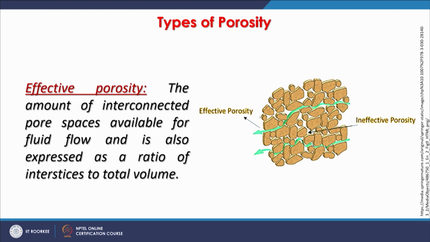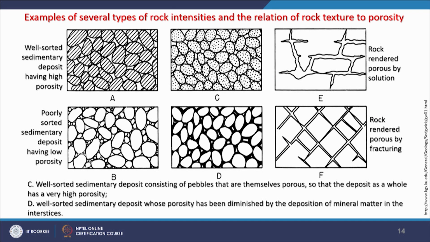So, that can be measured through this concept of effective porosity, that is the amount of interconnected pore spaces available for fluid flow, and it is also expressed as a ratio of interstices to total volume. Generally it is presented in the form of a percentage,